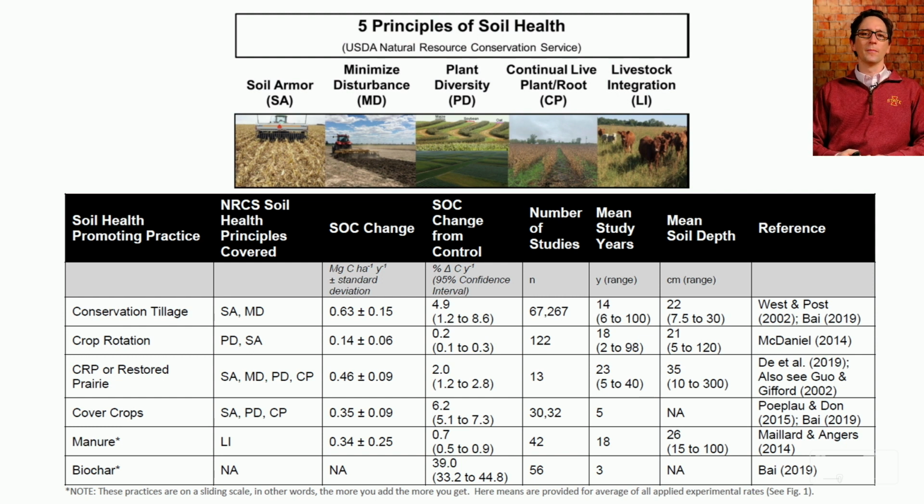But that third column is what I want to draw your attention to, and that's the soil organic carbon change for each of those management practices, a global average. And there's a lot of variability. That number after the plus minus sign is the standard deviation, so the amount of variability around that number. And you can see many of the practices are pretty similar if you look at the standard deviation and the means. But they range from about 1/10 of a ton or megagram of carbon per hectare per year, all the way up to about